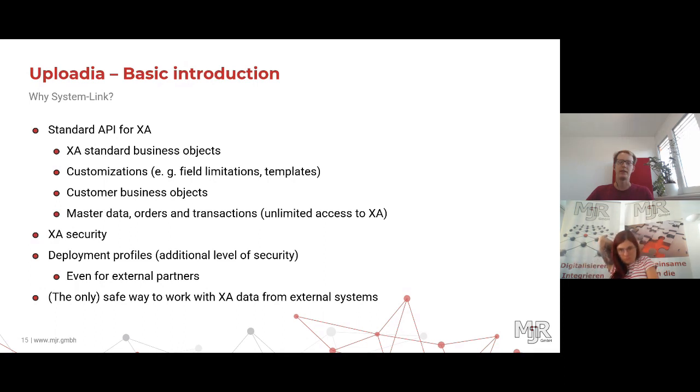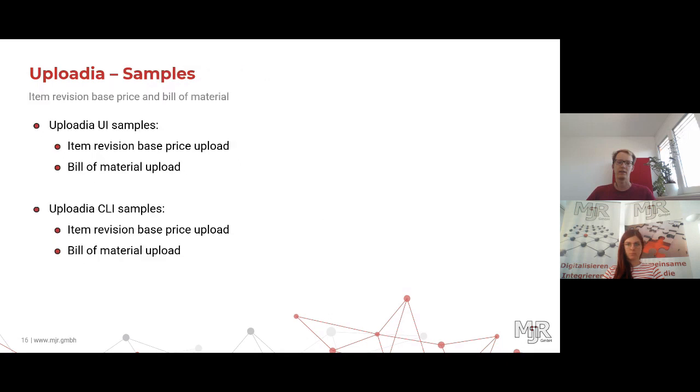And this is, again, a reason why we are using SystemLink. And this is a good way of working with XA. So for today,